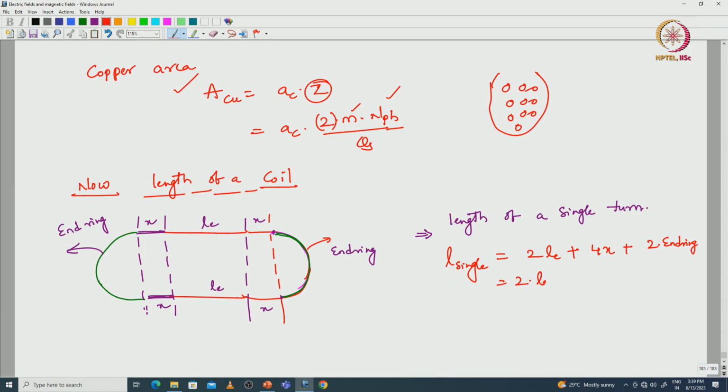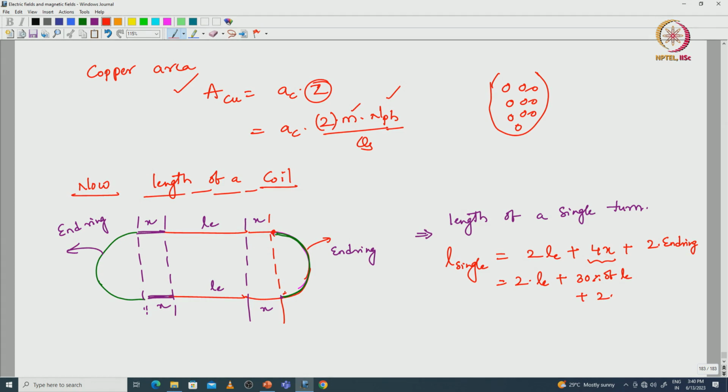So, here 2 times Le we know, the length of the core we know already, and 4x together I am considering 30% of the length of the core, plus the end ring